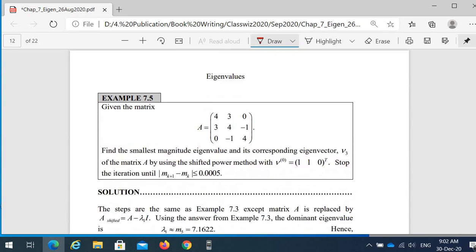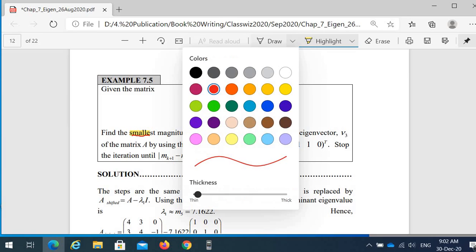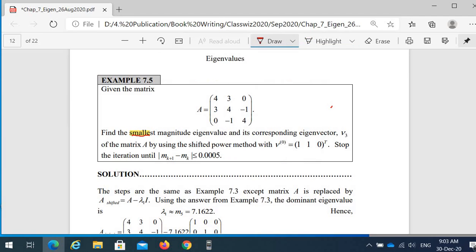Let's look at one example. Given the matrix A equal to 4, 3, 0; 3, 4, negative 1; 0, negative 1, 4, find the smallest magnitude eigenvalue and its corresponding eigenvector V3. Because we have a 3 by 3 matrix, you have lambda 1, lambda 2, lambda 3, so the smallest will be lambda 3, and its corresponding eigenvector will be V3 of the matrix A,